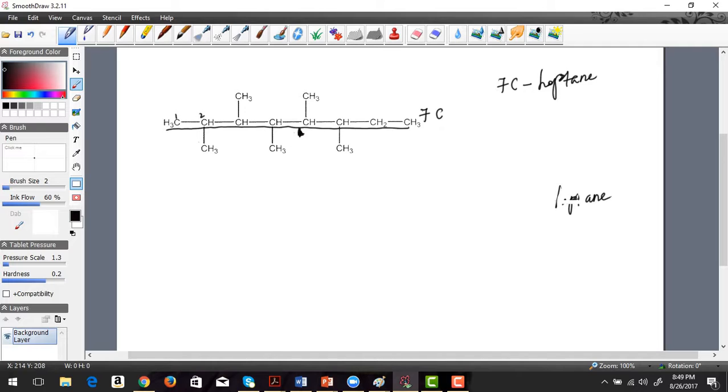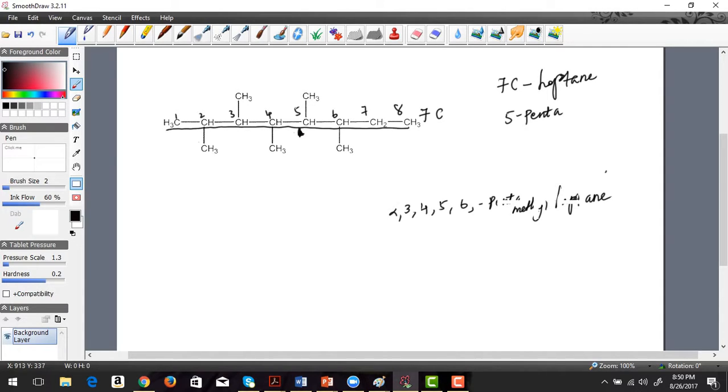So it'll be 1, 2, 3, 4, 5, 6, 7, right? So we have 1, 2, 3, 4, 5 methyl groups, right? 5 is penta, right? So that means we say 2,3,4,5,6-pentamethyl